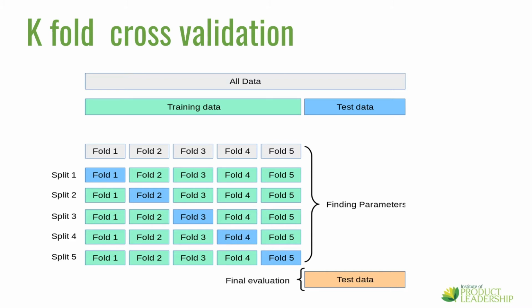This is repeated so that each fold of the dataset is given a chance to be the held back test set. After running cross-validation, you end up with k different performance scores that you can summarize using a mean and a standard deviation. The result is a more reliable estimate of the performance of the algorithm on new data. It is more accurate because the algorithm is trained and evaluated multiple times on different data.